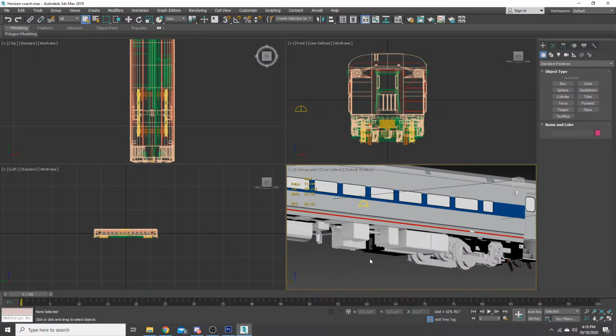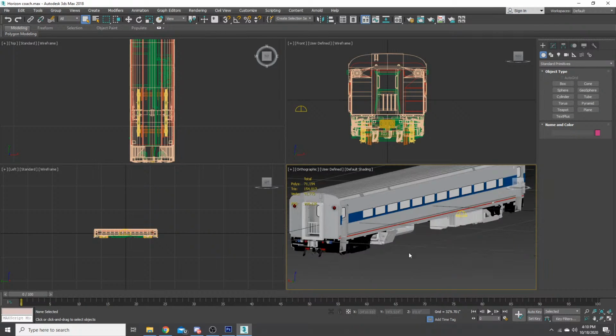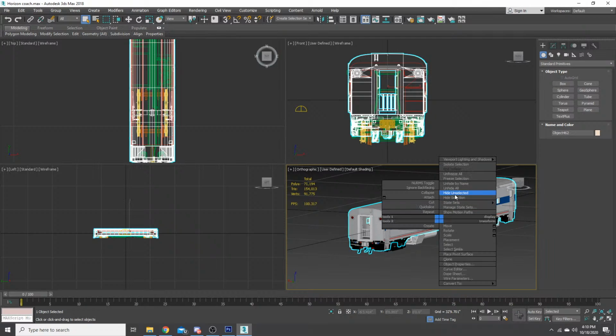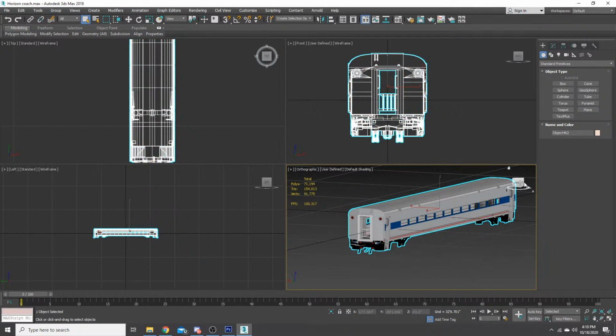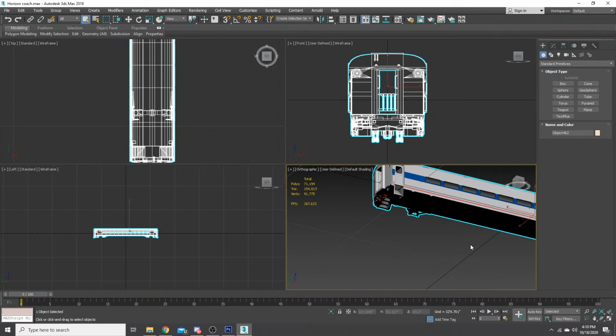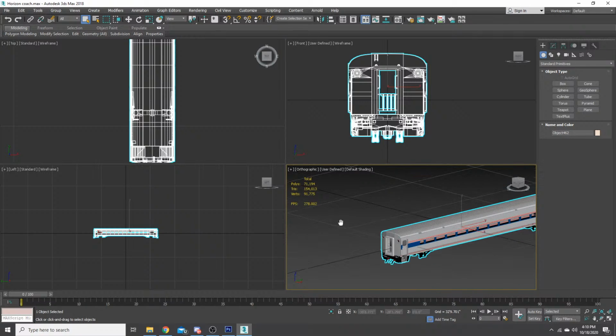So right now we're working on map 2 of my Horizon coach, and the way that the coach car has been broken down is you have map 1, which is the main body of the Horizon. So this is where all the details go.